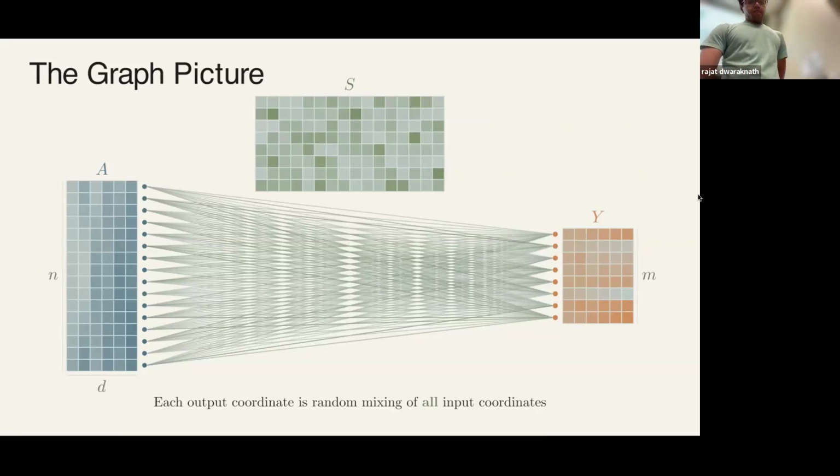But the other thing over here is I've highlighted the word "all" here, right? So that means every input coordinate is being mixed into every output coordinate. So what does that mean? That means S is a full dense matrix. Now, a natural idea, if I want to make applying sketches faster, is